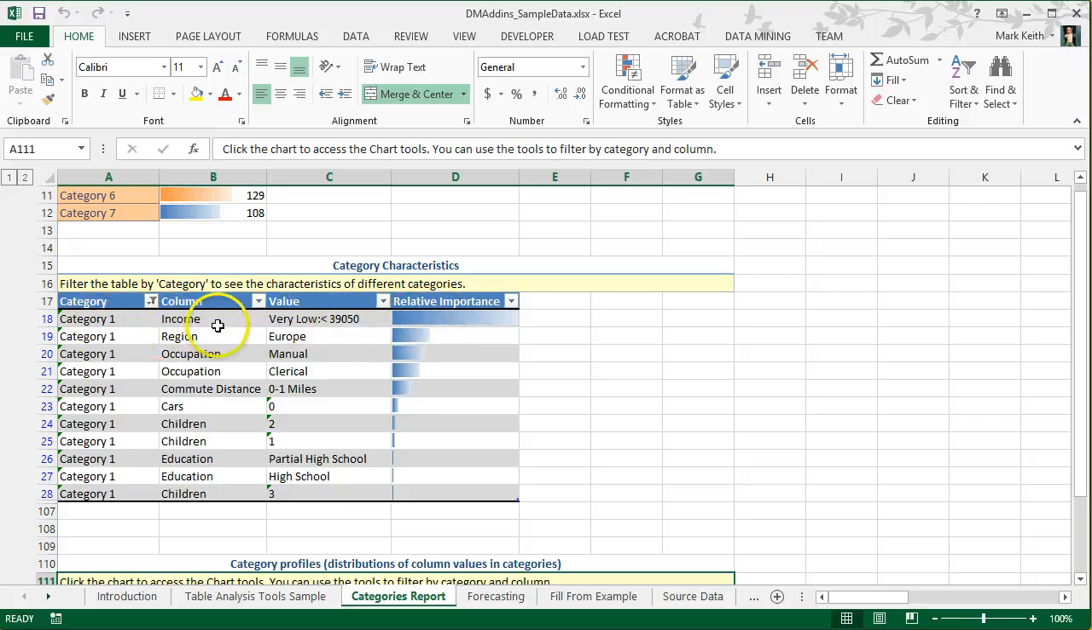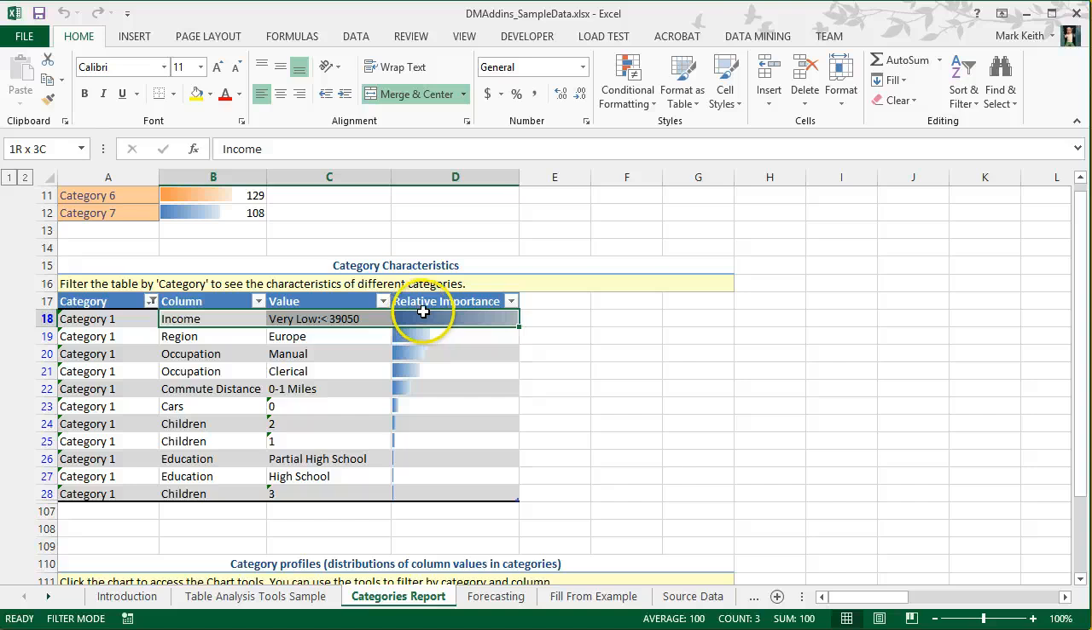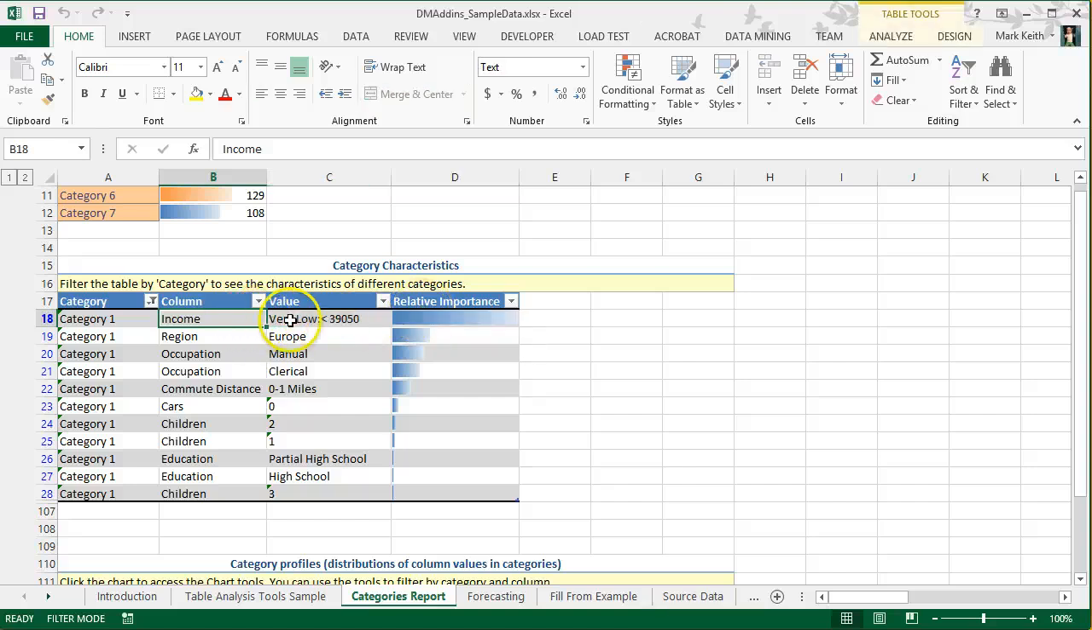So this first category is chiefly characterized by low income earners, people less than 40,000, less than 39,000. Next, and notice it's much smaller than this first one, these are people who tend to live in Europe. These are people who have these occupations. But once you had a chance to go through and examine each of these column value pairs and characterize this